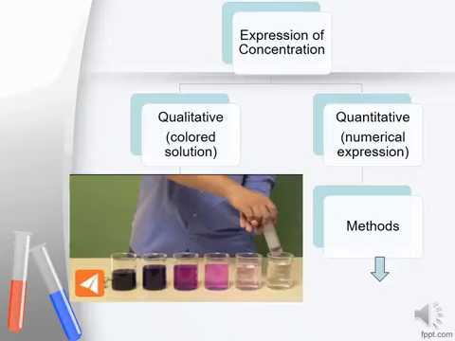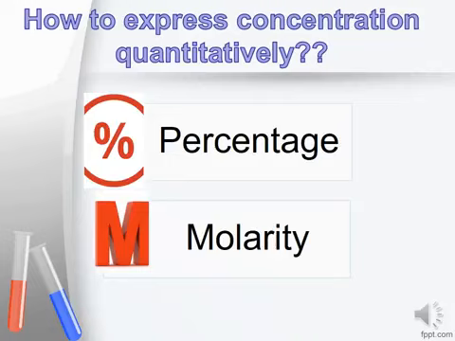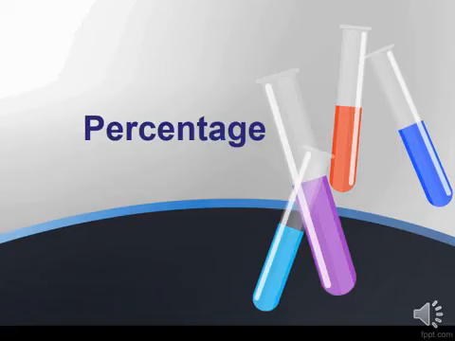What about the quantitative or the numerical? For the numerical expression, I have to know two methods. First one is percentage, and second one is molarity, percentage and molarity. We are going to discuss each item separately. First, percentage. Percentage means the amount of solute